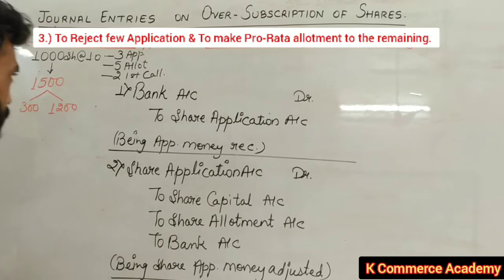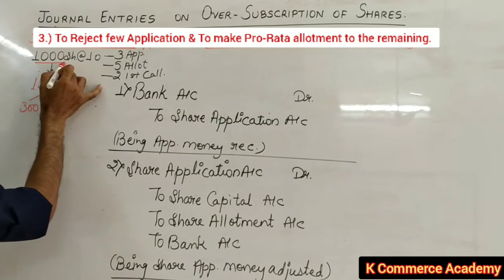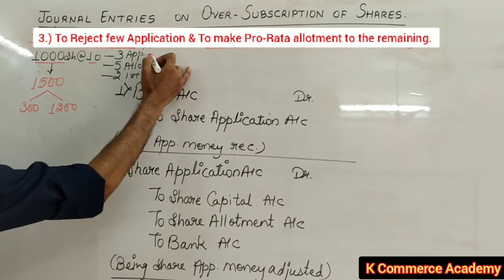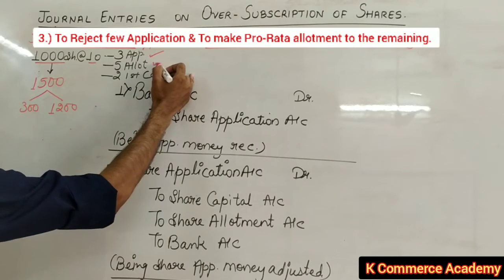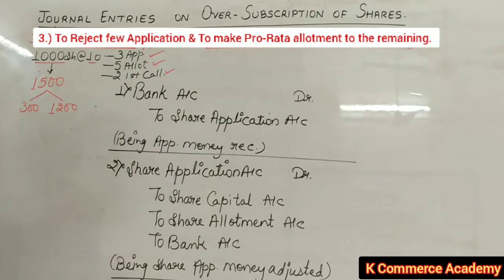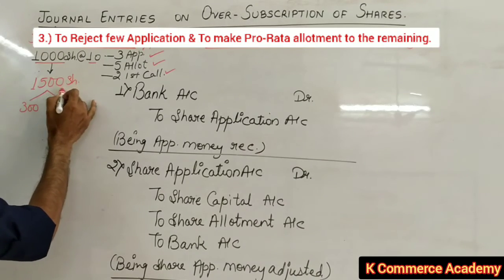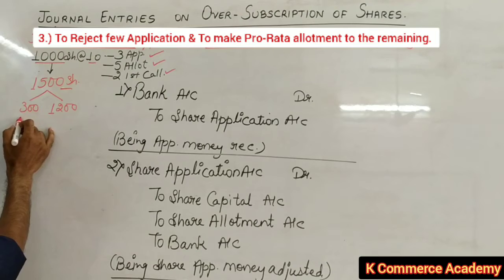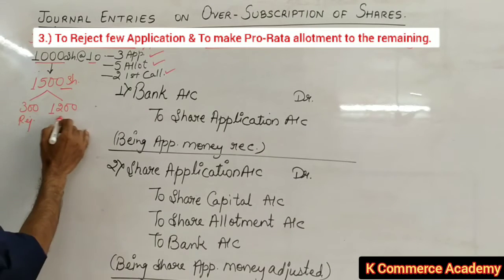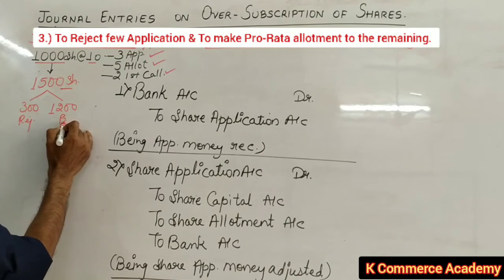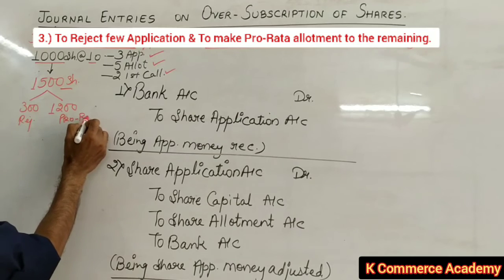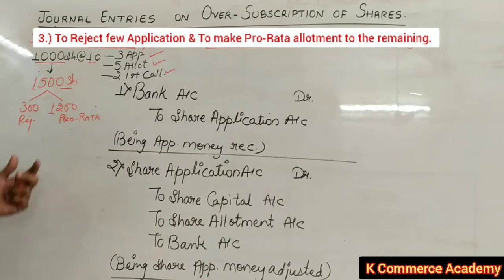So take an example. Company has issued 1000 shares of ₹10 each, payable as ₹3 on application, ₹5 on allotment, and ₹2 on first and final call. Applications received were for 1500 shares, of which 300 shares were rejected and 1200 shares were allotted on pro rata basis. Fine. ये हमें सिचुएशन हमारे पास में है कि इस 1500 में से 300 को तो हम रिजेक्ट कर